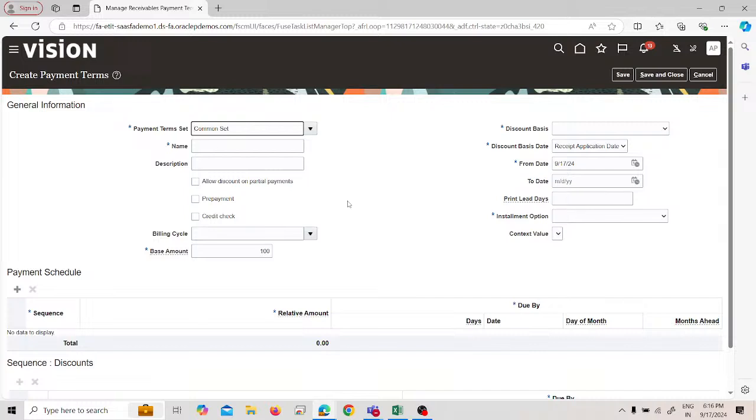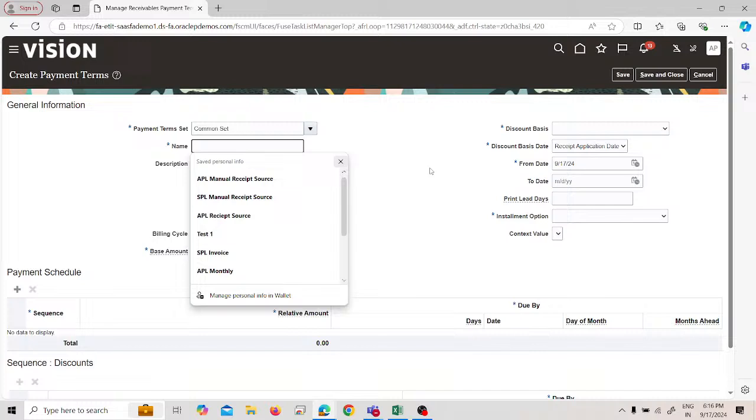The name, what name can we provide? So we can provide the name of the payment terms, that can be net 45, anything. So we can use BFV